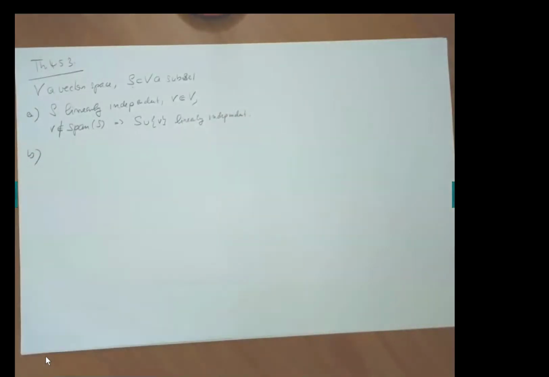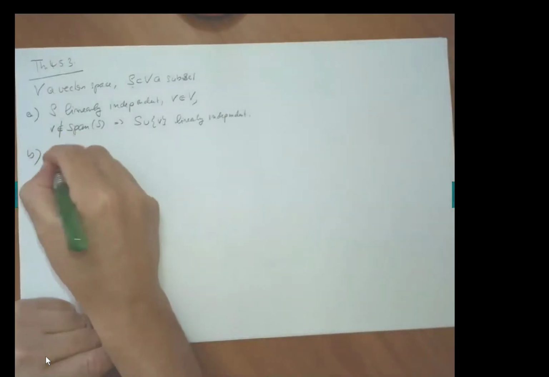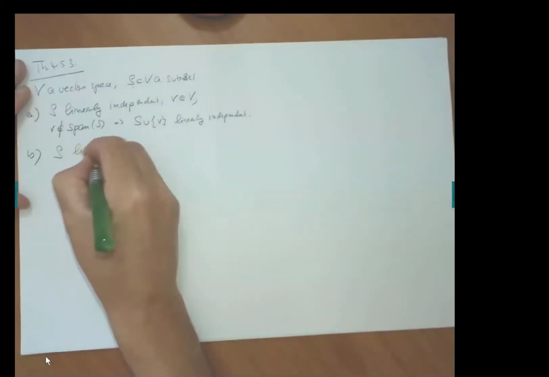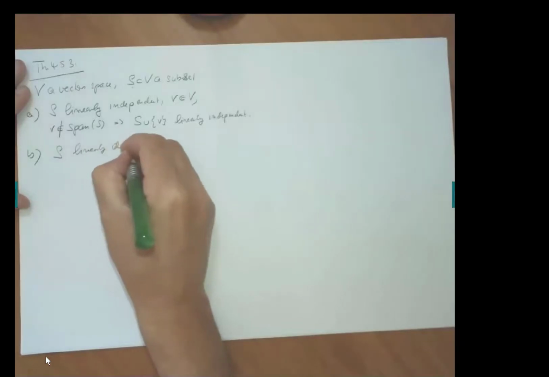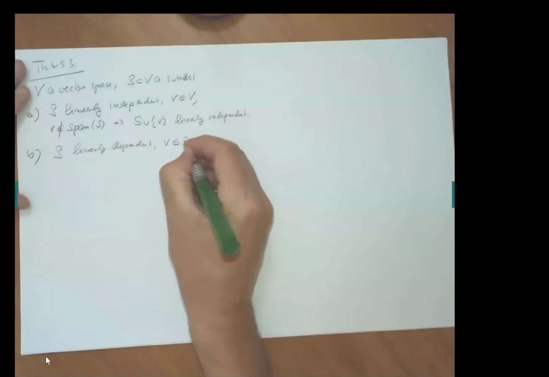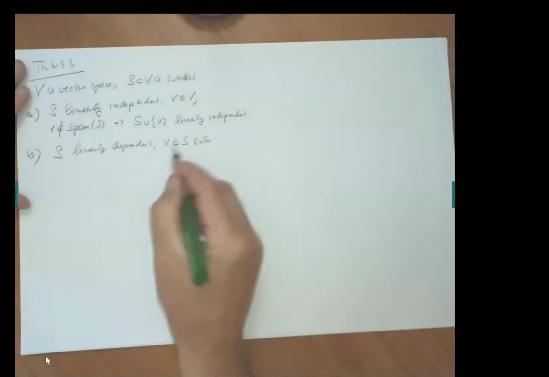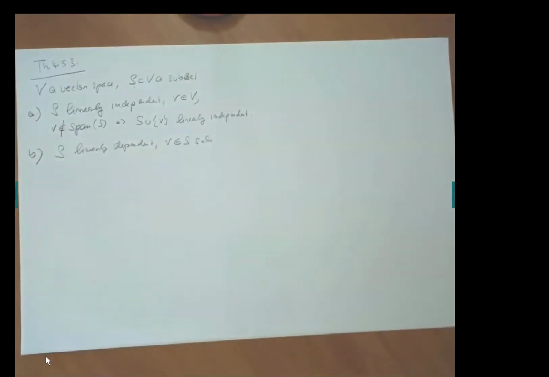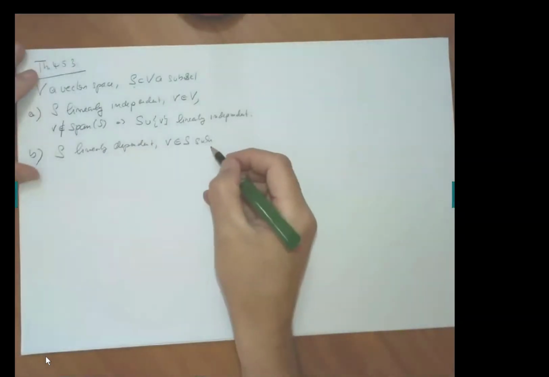And part B, again, is kind of the other direction. If you have a set that is linearly dependent, then you can delete one vector and the span doesn't change. So here now, S linearly dependent, then there is a v in S, that means some of the vectors in S can be combined with the help of the remaining vectors. So v in S such that